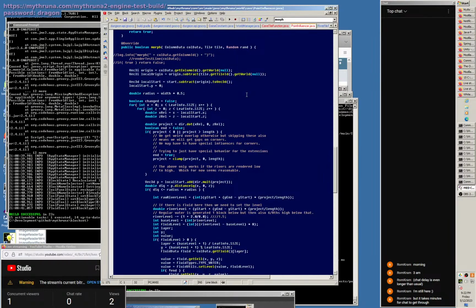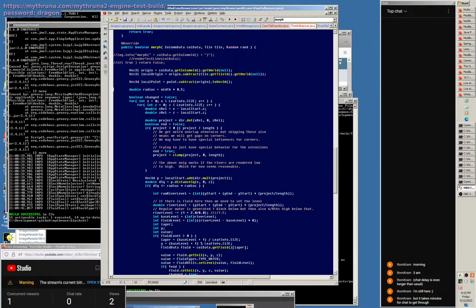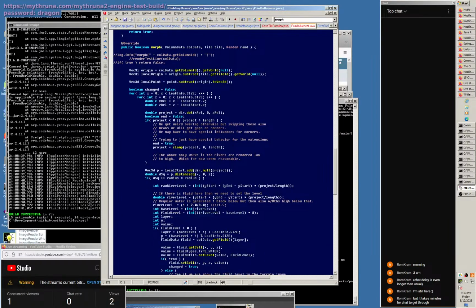At the moment we don't need fluid. We do want a local start, a local point, which is our point minus the origin of the tile, of the column. And we are in 3D space, so we don't want to do that. And the radius, we have inner and outer radius already, so